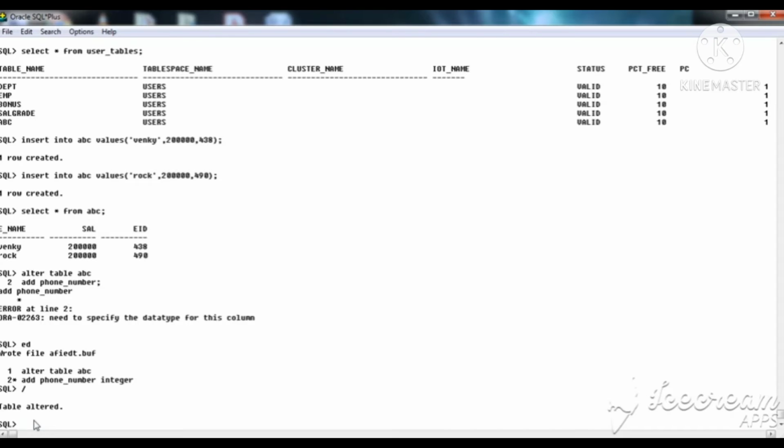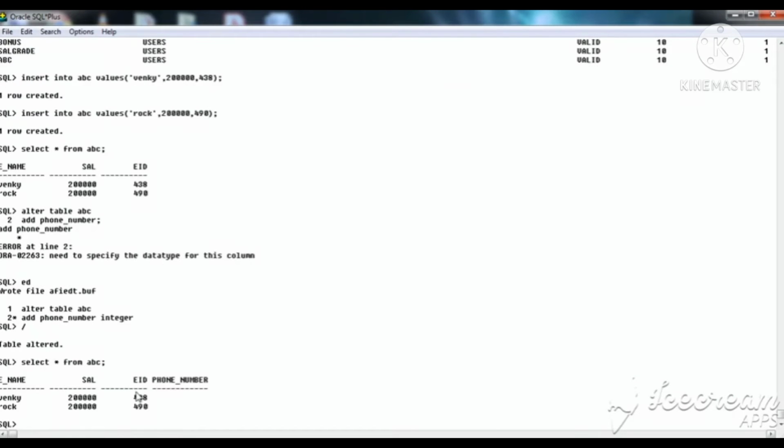Now I am checking whether the table is altered or not. Select star from ABC table. So now the phone number column is added.